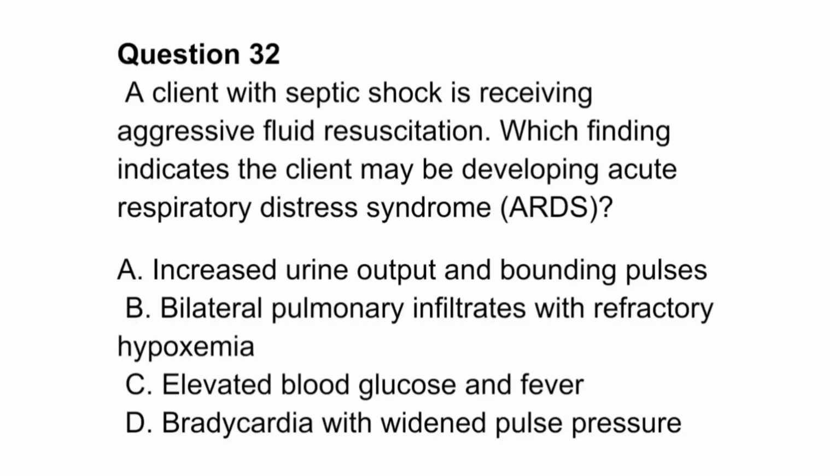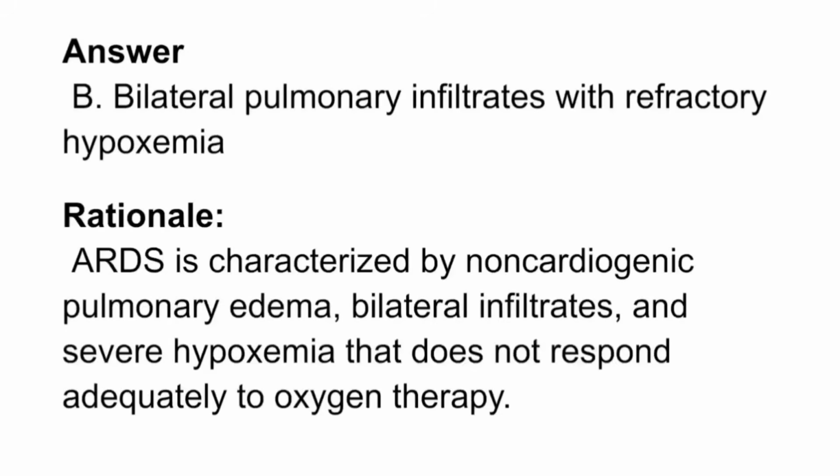Which finding indicates the client may be developing acute respiratory distress syndrome, ARDS? A. Increased urine output and bounding pulses. B. Bilateral pulmonary infiltrates with refractory hypoxemia. C. Elevated blood glucose and fever. D. Bradycardia with widened pulse pressure. Answer: B. Bilateral pulmonary infiltrates with refractory hypoxemia. Rationale: ARDS is characterized by non-cardiogenic pulmonary edema, bilateral infiltrates, and severe hypoxemia that does not respond adequately to oxygen